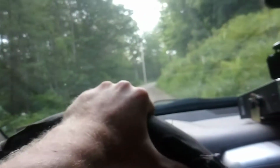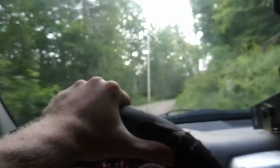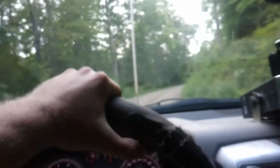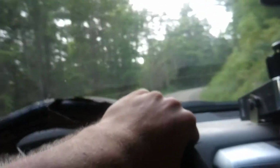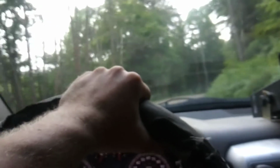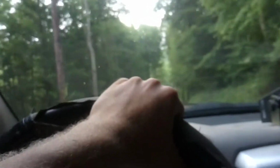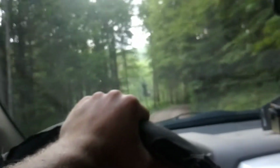As you can see, I have the trailer hooked up. I think you can see it fairly decently there. I have a log splitter on here because if you remember from the first video I did up here, and I believe it's probably the only one I've done up here so far, we had two pine trees taken down, and we were up here a couple weeks ago, and we had cut some of them up into firewood